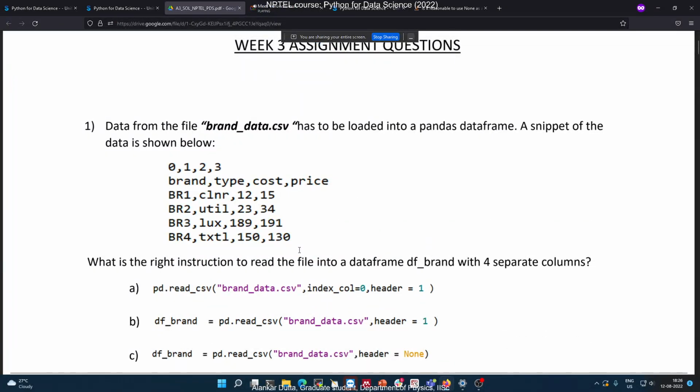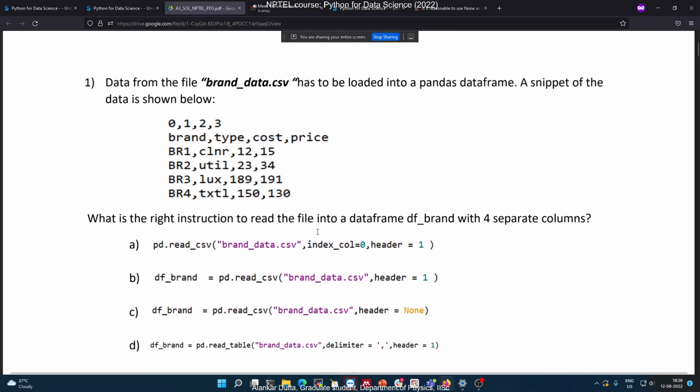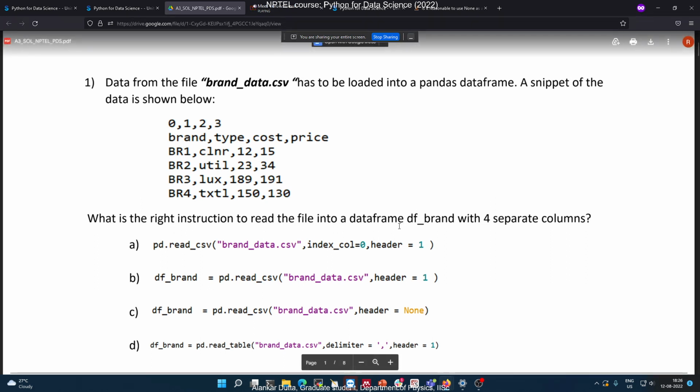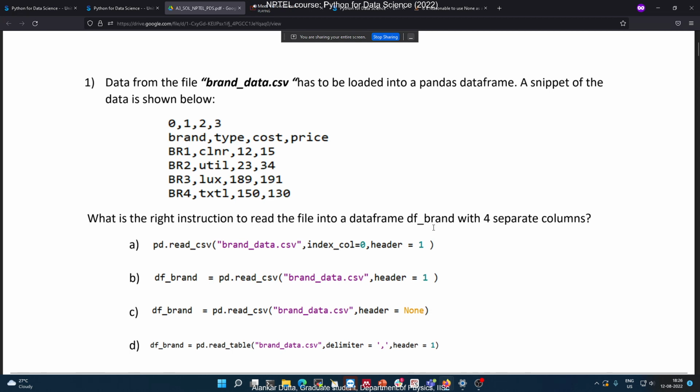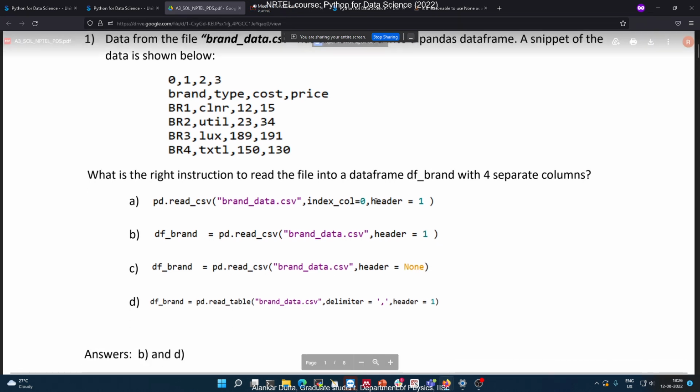So the first question says that there is a data file called brand.csv, and this is the kind of data in it. It asks which of the following commands is the right instruction to create a table with 4 separate columns. The right answers are B and D. Why? Because there is only one header here, which is brand, type, cost, price. So you need to have header equals 1, and if you want to read it as a table, you have to provide the delimiter,